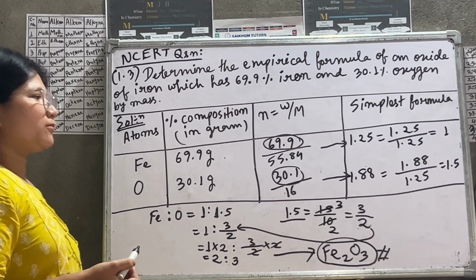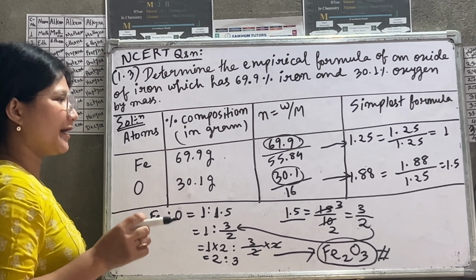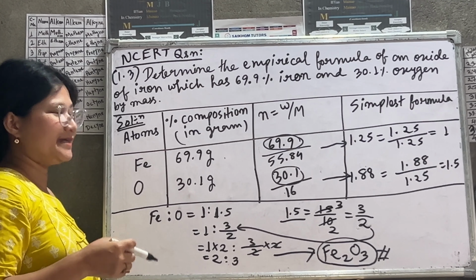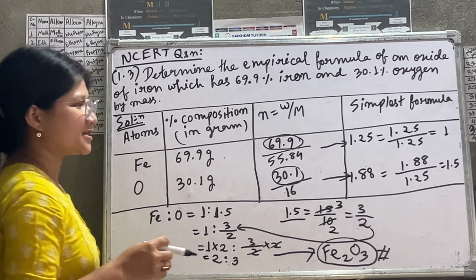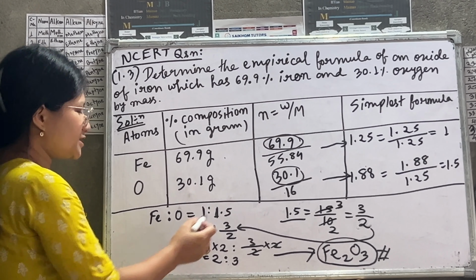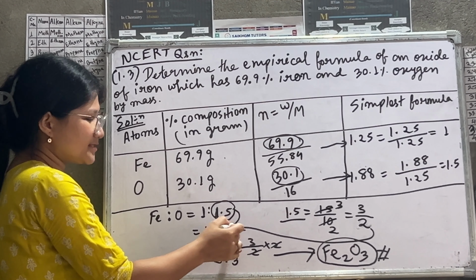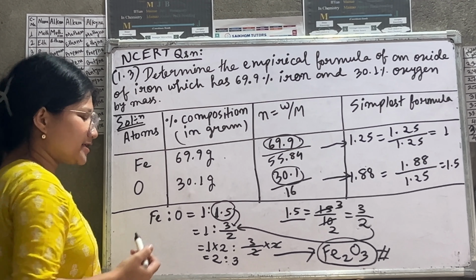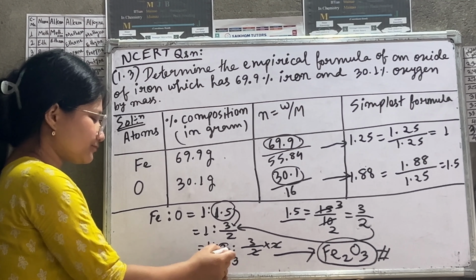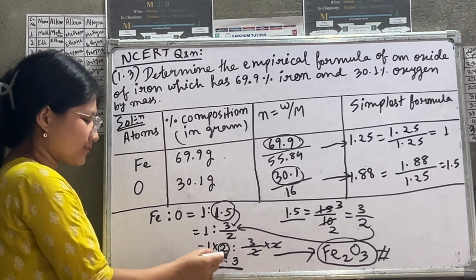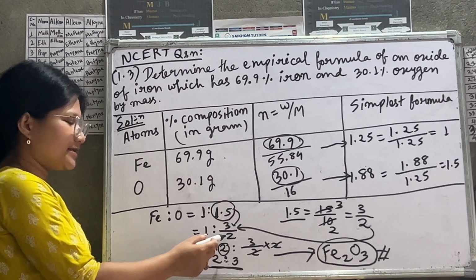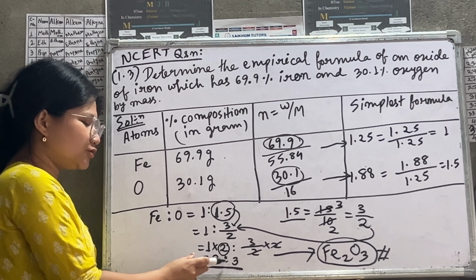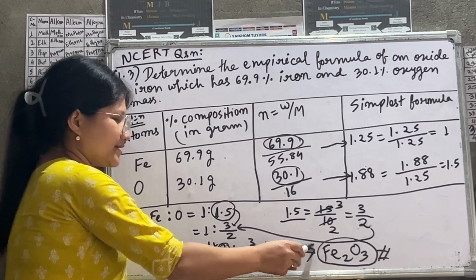So divide 1.25 by 1.25 and the answer is 1, and 1.88 by 1.25, the answer is 1.5. So this 1.5 is converted into the fractional form 3 by 2, and by multiplying this fraction by 2 we have 2 is to 3. So the simplest formula is